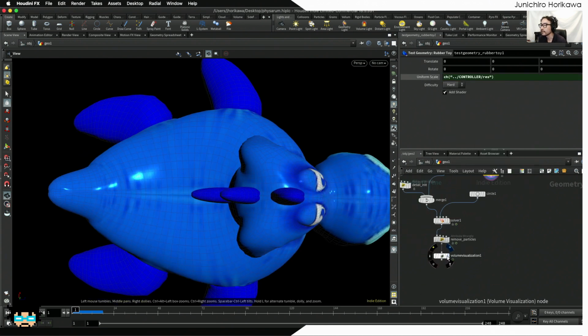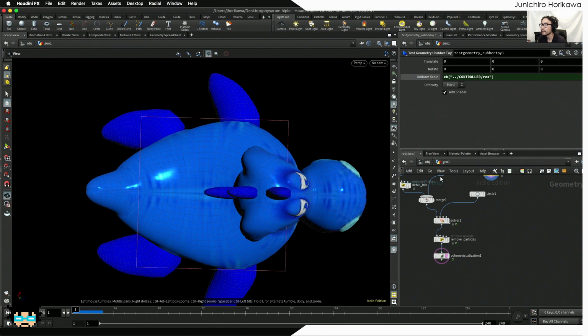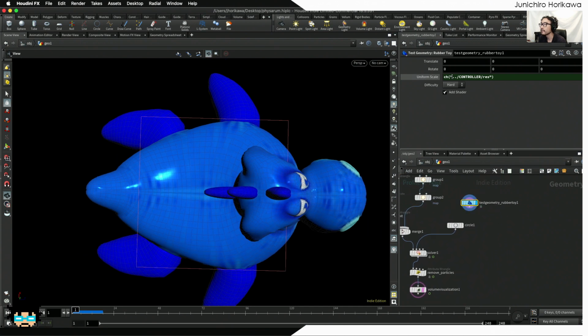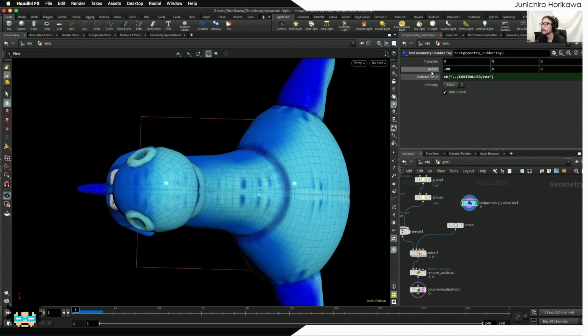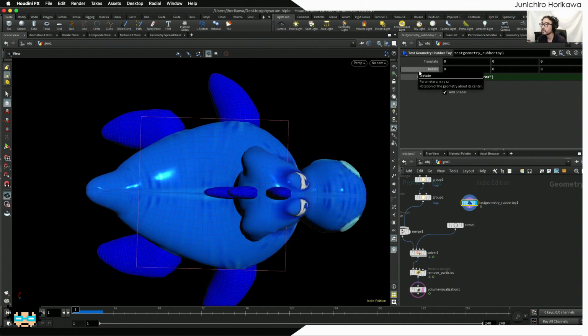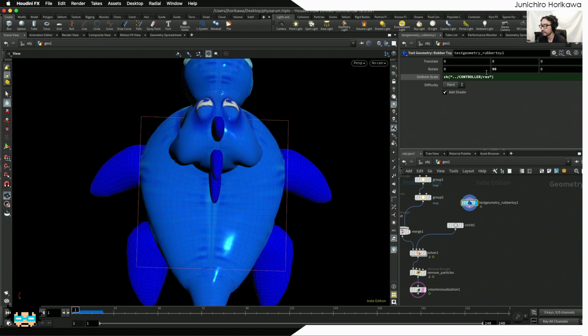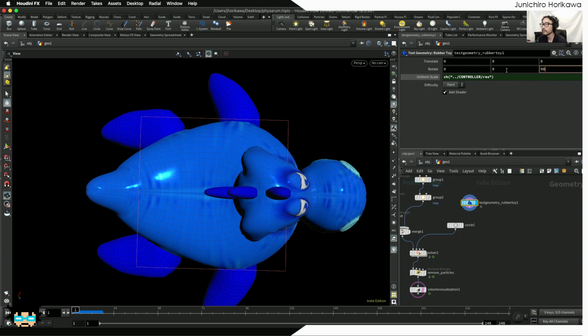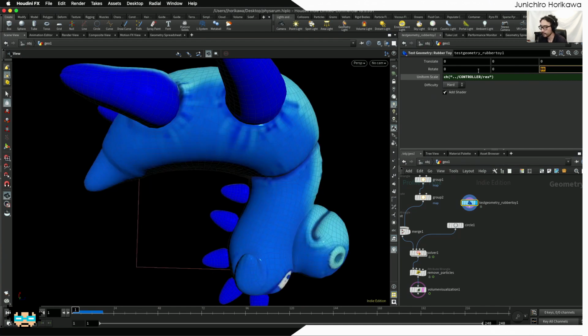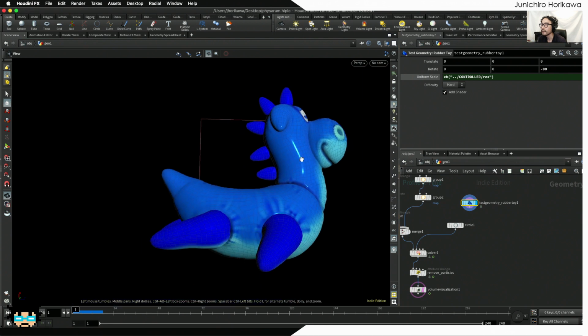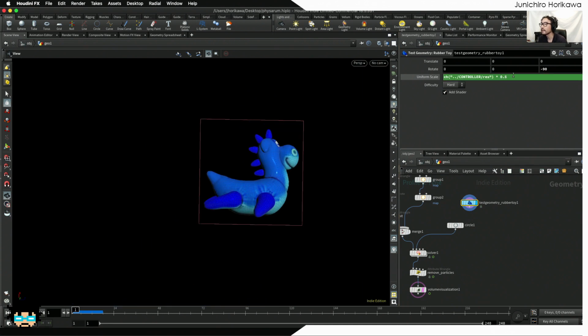Now it's really big. I want to rotate this. Not to this direction, not to that direction. Yep, but negative. Okay, and let's make this a bit smaller, 0.5, a bit smaller, like 0.4 or